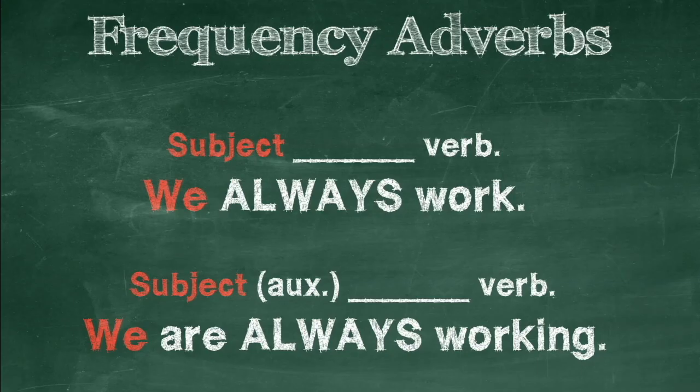If we're going to use frequency adverbs in a present continuous, which is not very often actually, but sometimes we can say like, I'm working very hard this week. I am working, and you put the be on the left side, and then you put the frequency adverb and then the verb after it. And basically that's the idea. It's very simple like that.